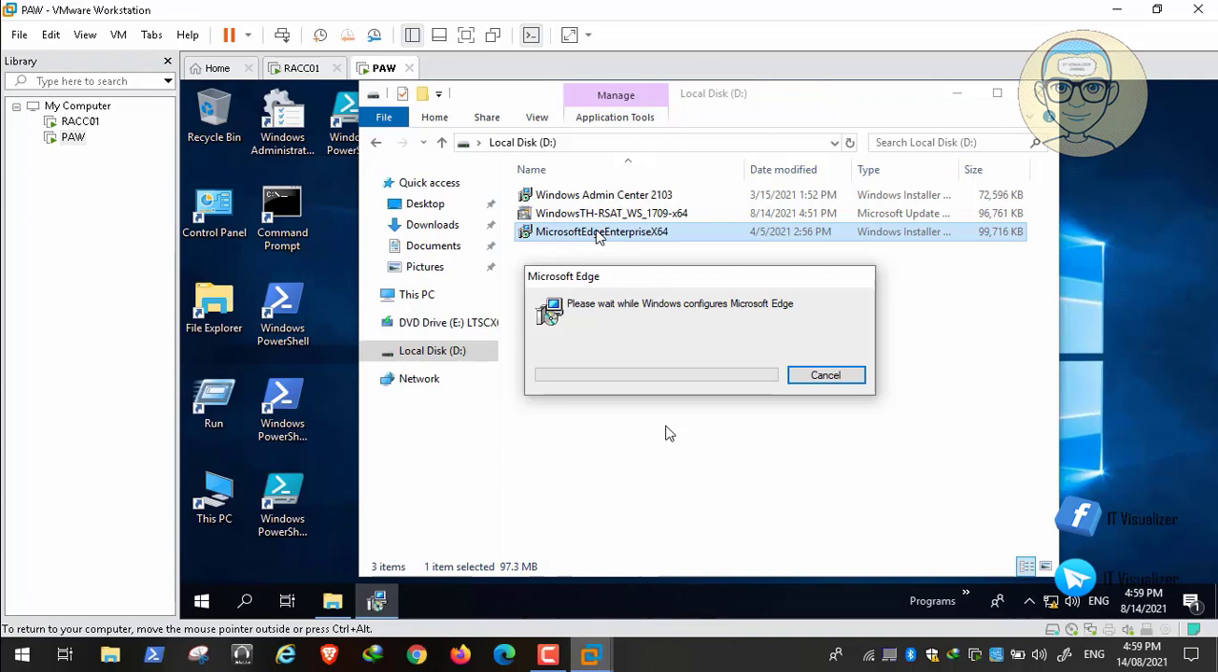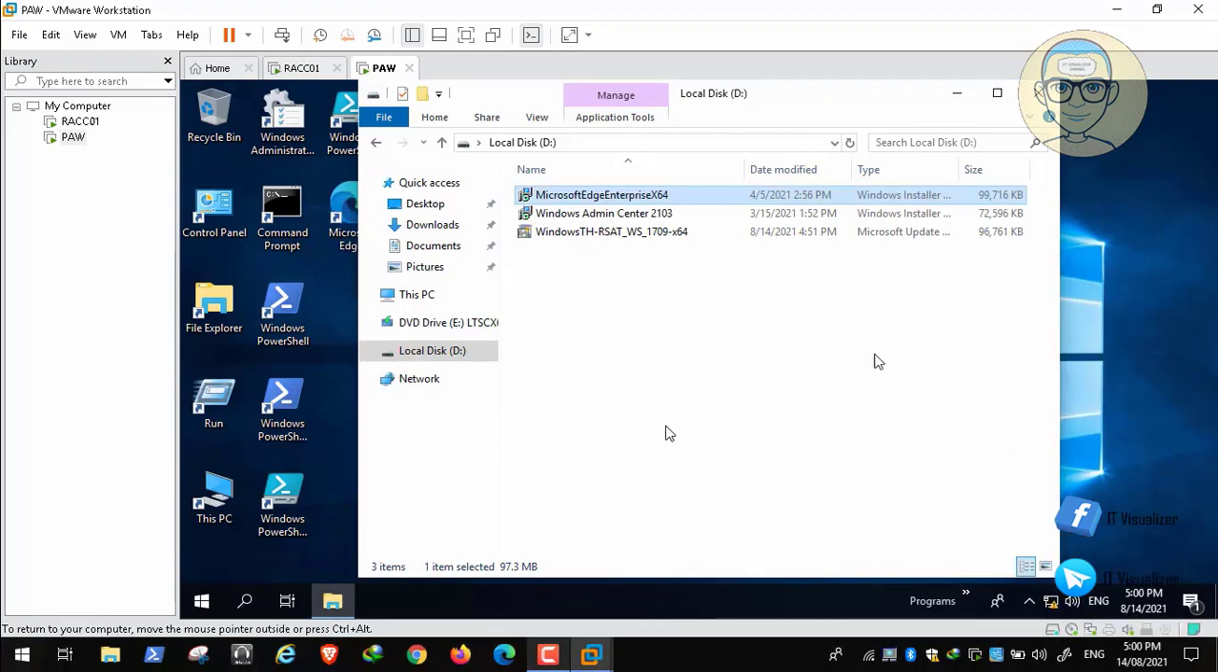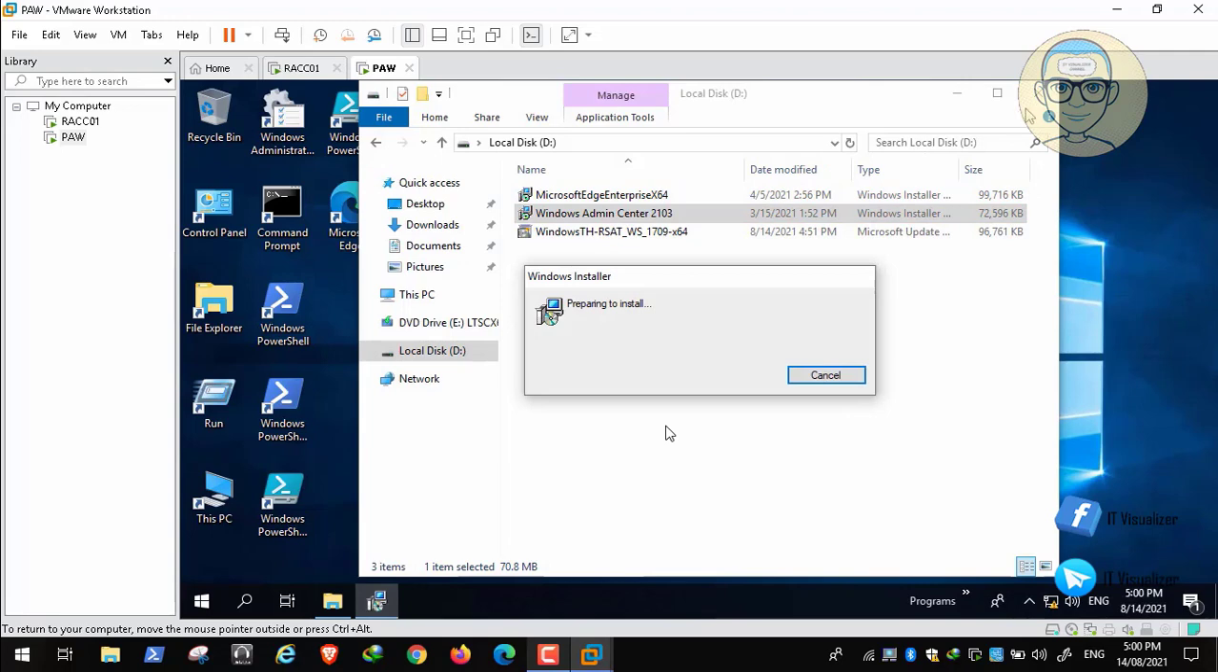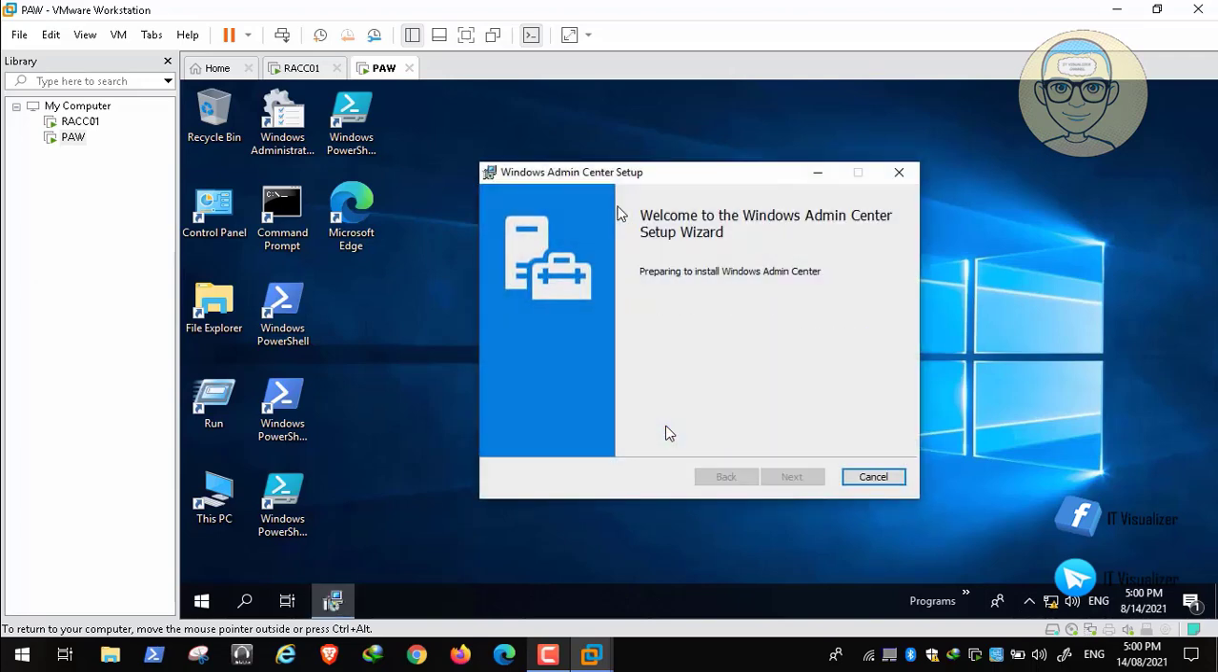So it will take a little bit of time until it installs, and then it will finish. And then we will install the Admin Center, and then we will go through the interface of the Windows Admin Center and see the different options that we can use to manage the Windows Core server remotely. Okay,